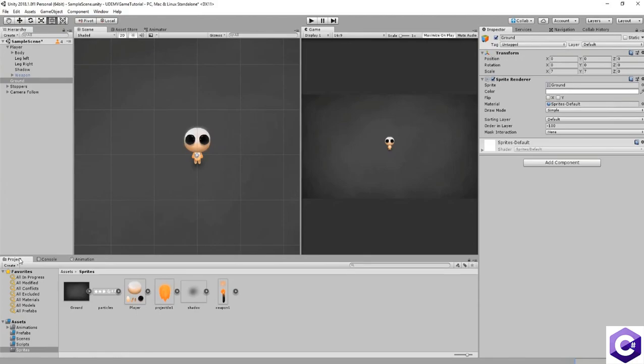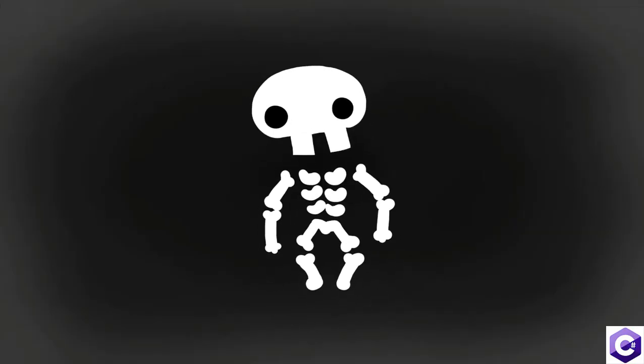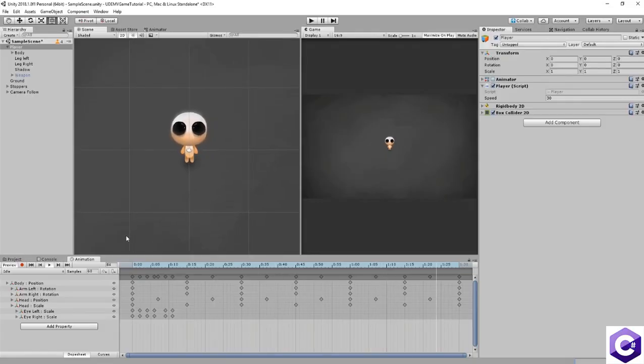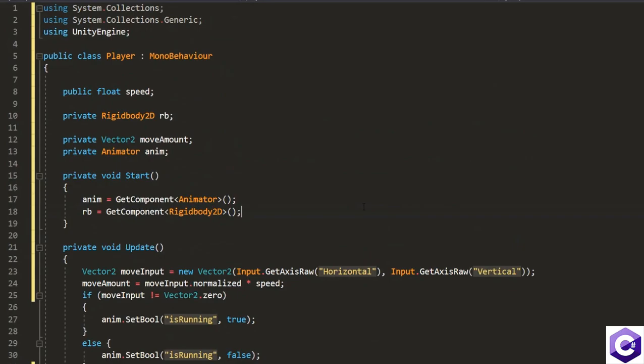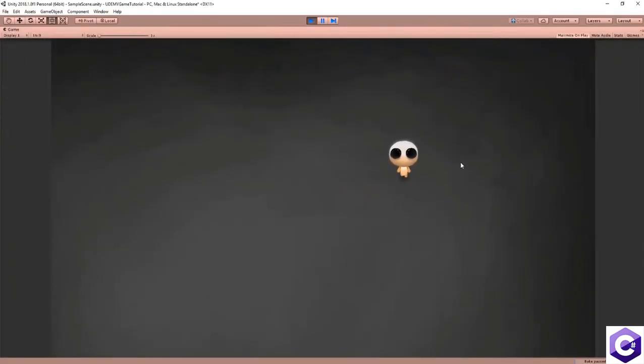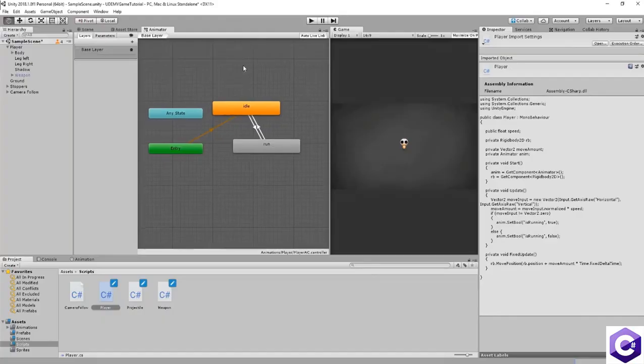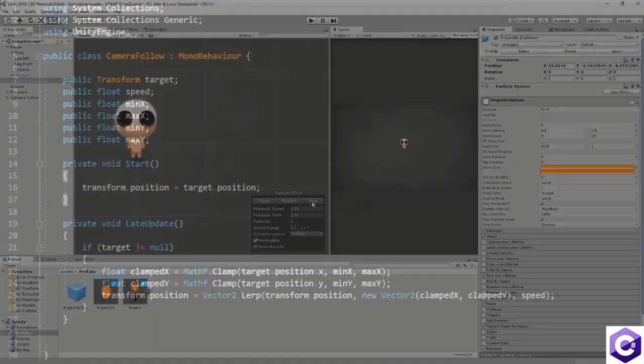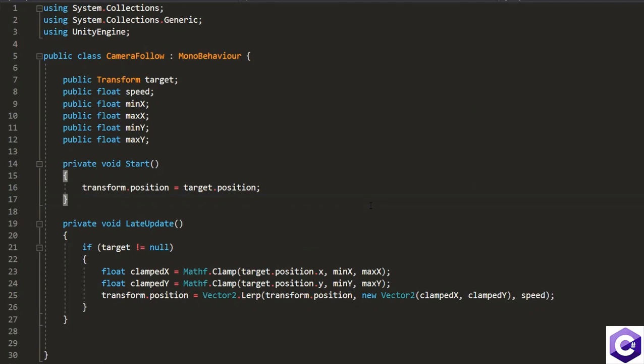There we will not only rig our character, in other words create his virtual skeleton, but also learn how to animate him using Unity's awesome animation tools. Once all that's done, Liam will take over with the first C# programming video, which will allow you to move the player character around the scene. We'll also learn about animation transitions, particle effects, and make a script that gets our camera following the player around